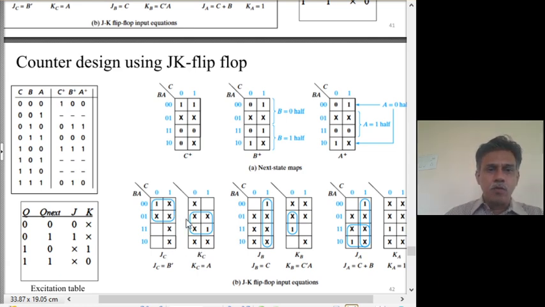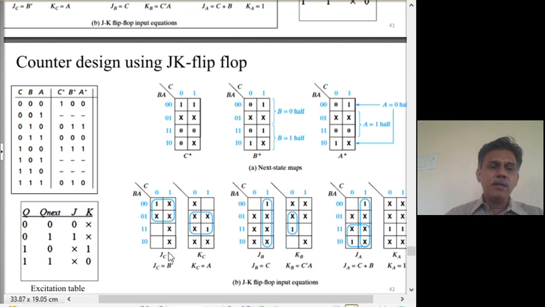So this is how you have to fill it. That is, when we want to write out the JC and KC from this, what you do is you look for the C is equal to 1 K map. Here you put all x's, don't even bother about these things, all x's. Similarly, you want to come up with the KC K map, then for C is equal to 0, this first row has to be all filled with x's.